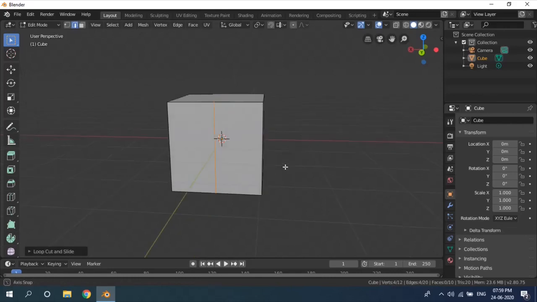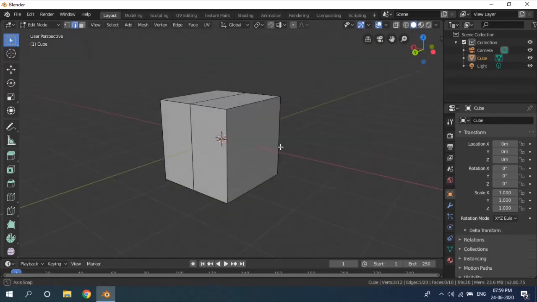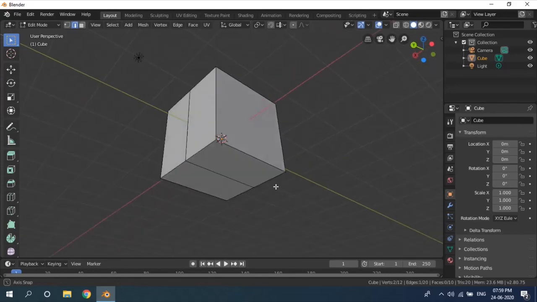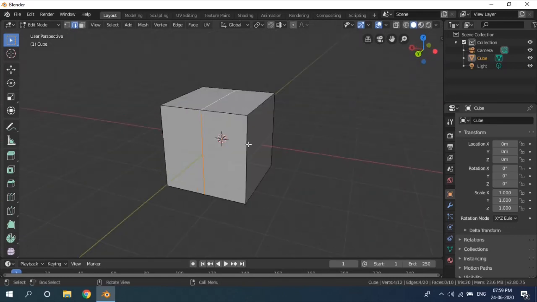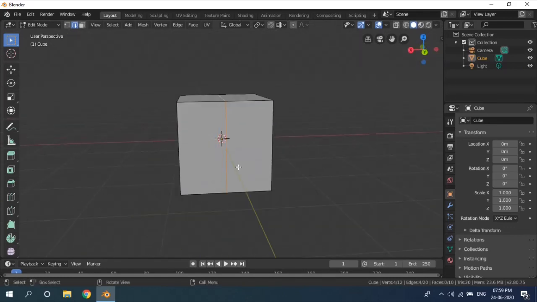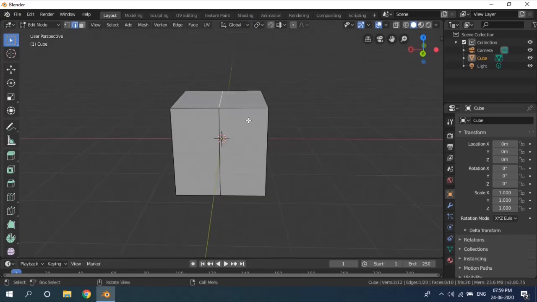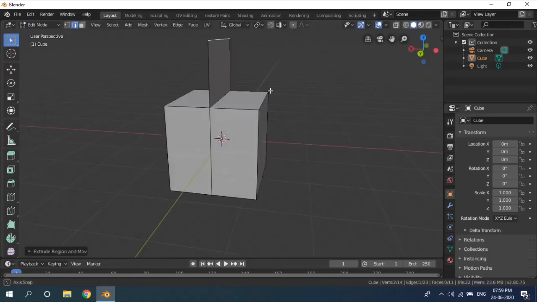Here it cuts the cube in half. Now, if you want a faster workflow and want to select all these lines at once, we simply double click here, and voila. And then we don't want that right now. Now we want E to extrude on the Z axis, straight. So we press Z. Okay.